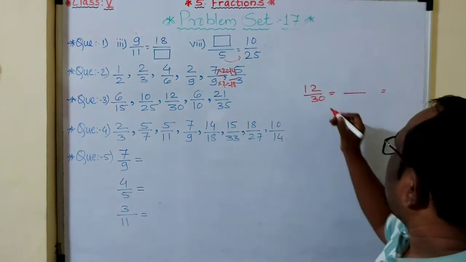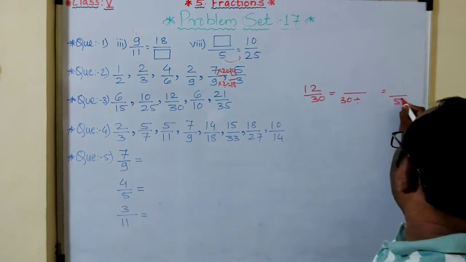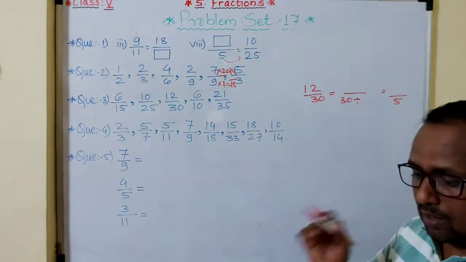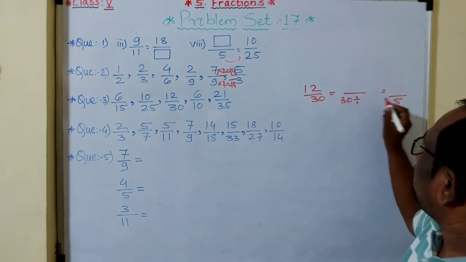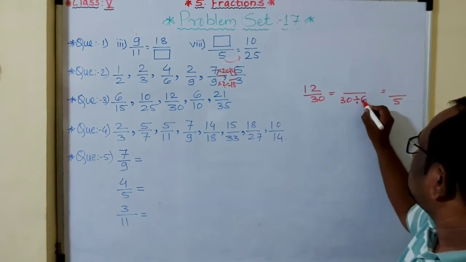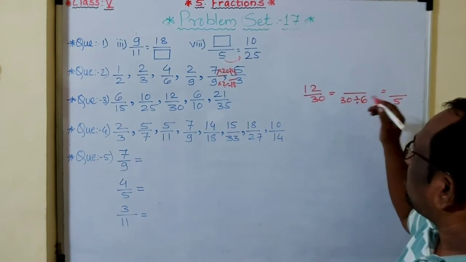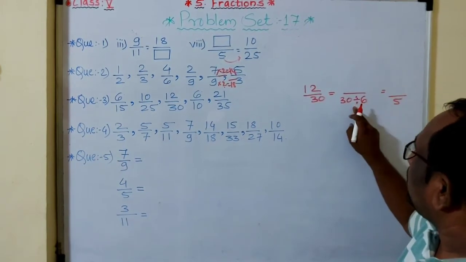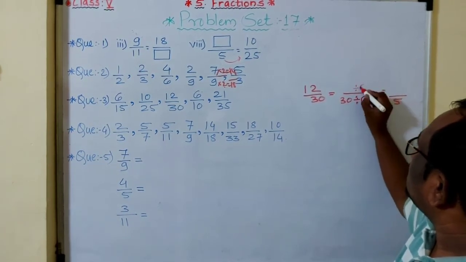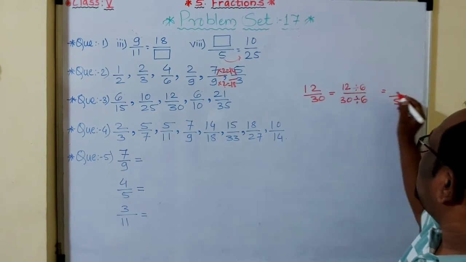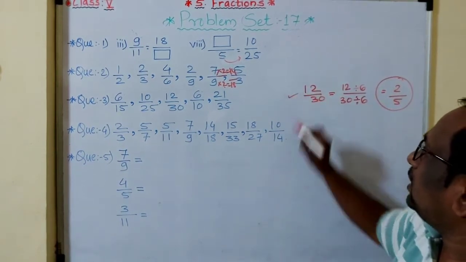Now look here, 30, we want denominator 5, as per our question. Now students, 30 is your denominator. By which number do we divide 30, then we will get 5? So 6 5s are 30. So what is the rule? If we divide or multiply the denominator, the same number applies to the numerator. Now here the denominator we divide, so you have to divide by the same number the numerator also. So 6 and 12. So 6 2s are 12. So the answer is 2 upon 5. This is by division way.